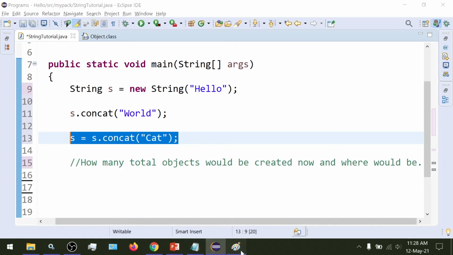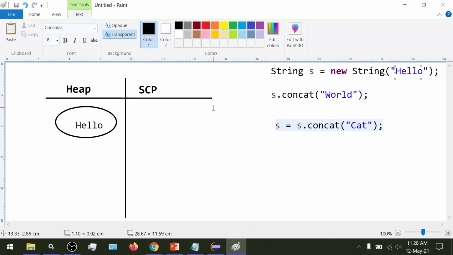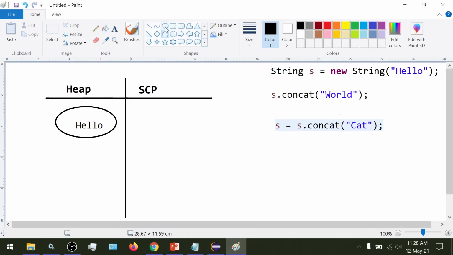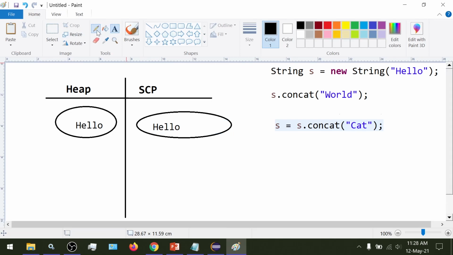Since we have the literal hello here, an object would be created inside the SCP. And the reference variable s points to the object inside heap.